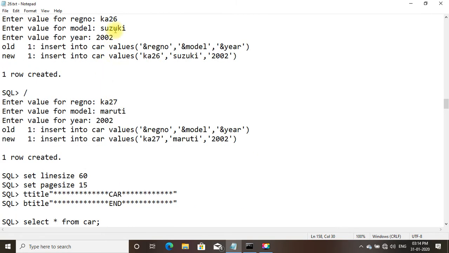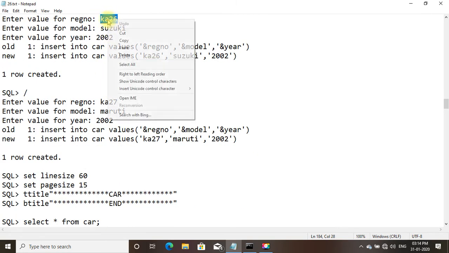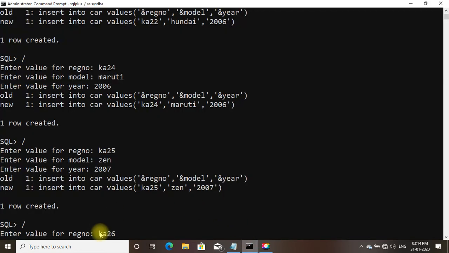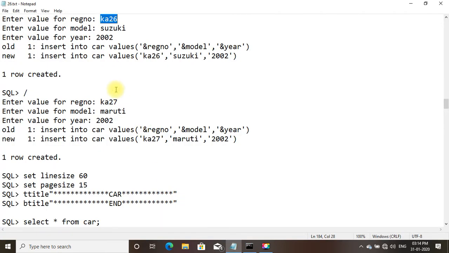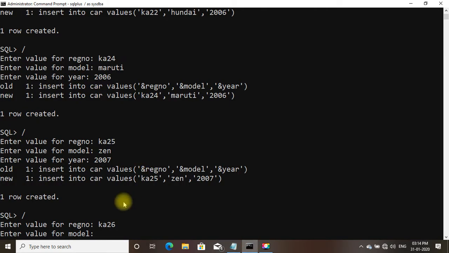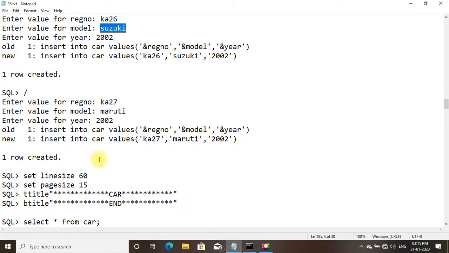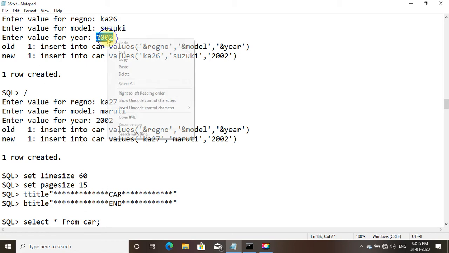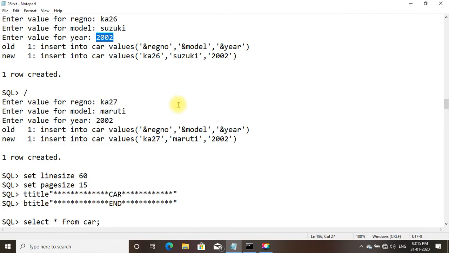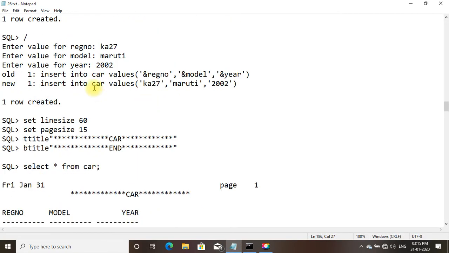After this we shall come to the next one. This is KA26. Model is Suzuki. And year is 2002. So one more row we need to insert.